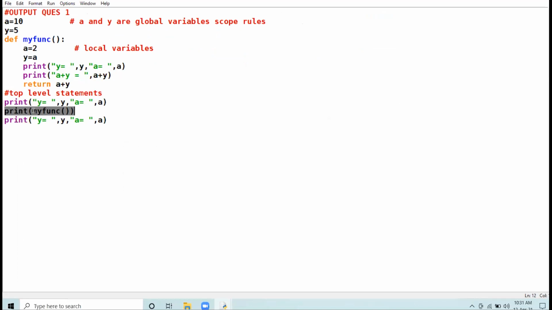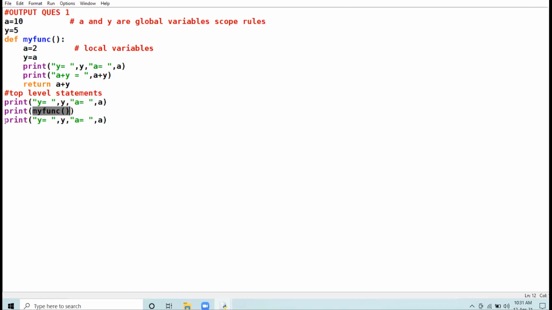And here the value 4 gets printed. Why does the value 4 get printed? Because this function myfunc has been called inside the print function. तो जो भी वैल्यू रिटर्न होकर आई वो यहां पे अंदर प्रिंट हो गई. That is why the value 4 gets printed over here.